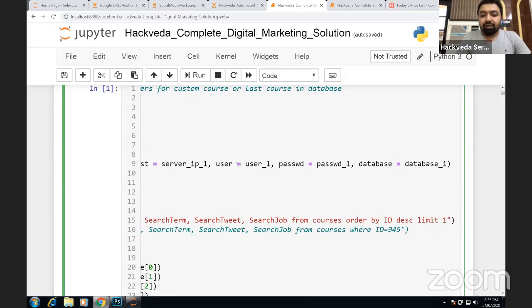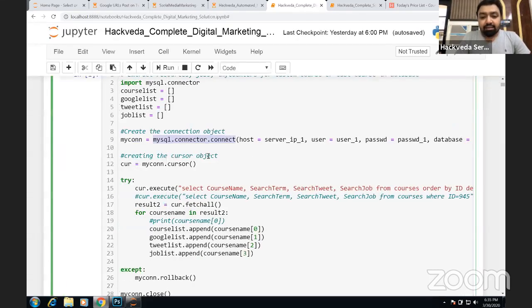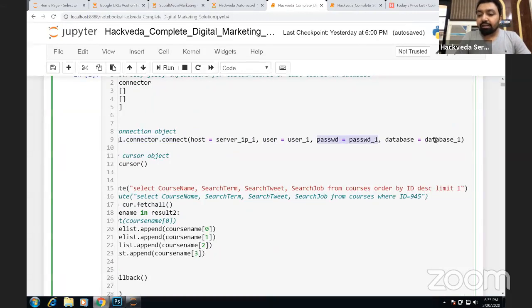you need to specify 4 important pieces of information. These include the host name, which will be the IP address of the server where your database is available. Then you have the user name, the password of your database, and then the name of your database. I've already defined all this information in a previous cell above.